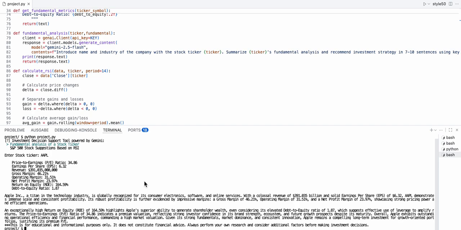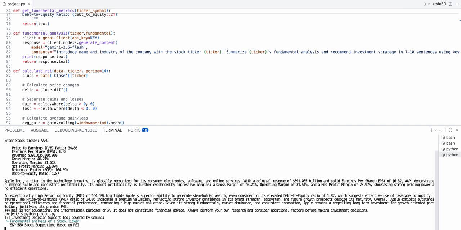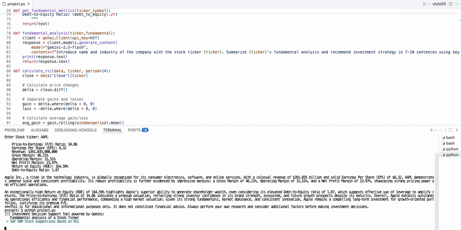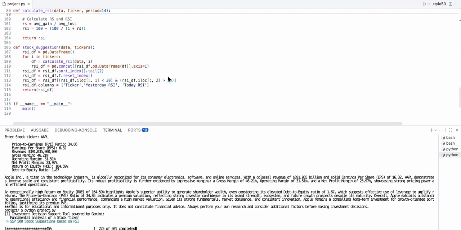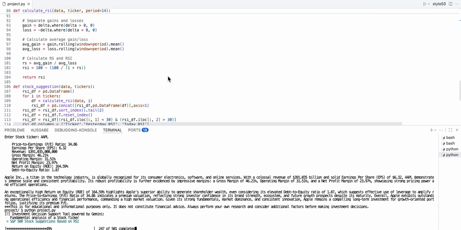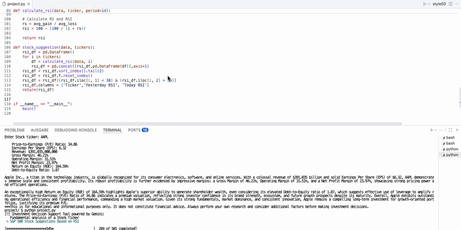So if we don't have any stock ticker in mind, we can run the program again and choose the second option. When we choose this option, 500 S&P stocks will be pulled from a list, and this list will be provided to Yahoo Finance to pull the RSI data. The RSI will be calculated based on today and yesterday's closing price, and from this information we